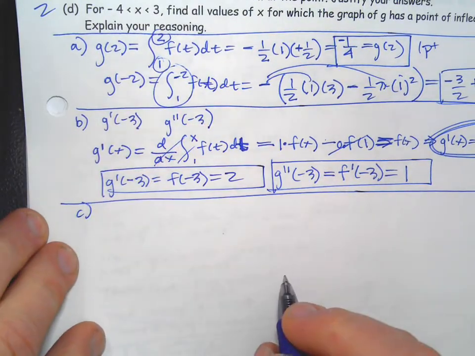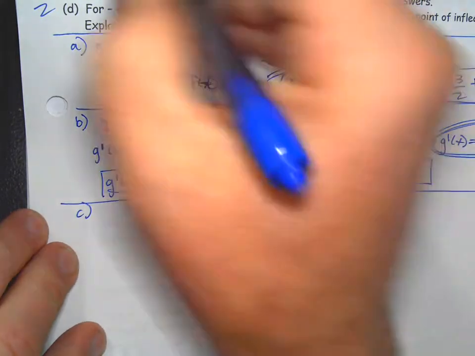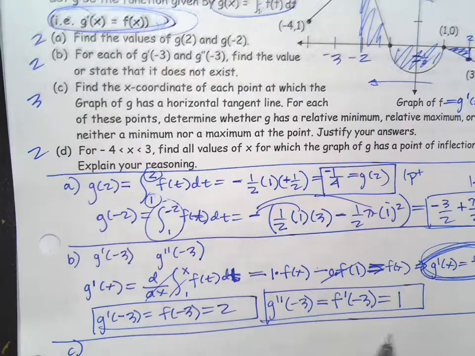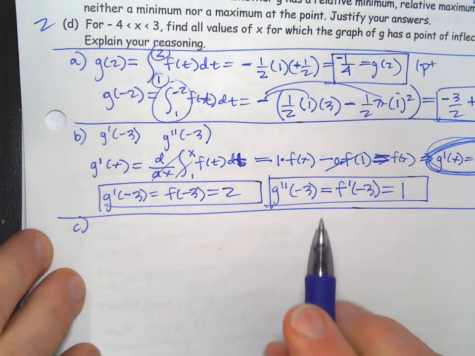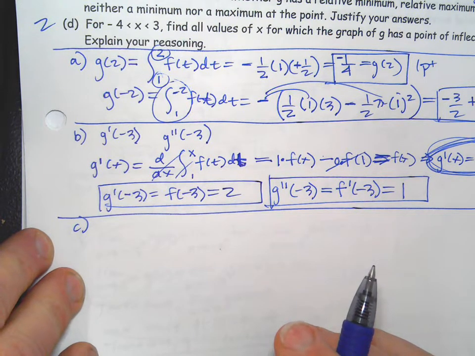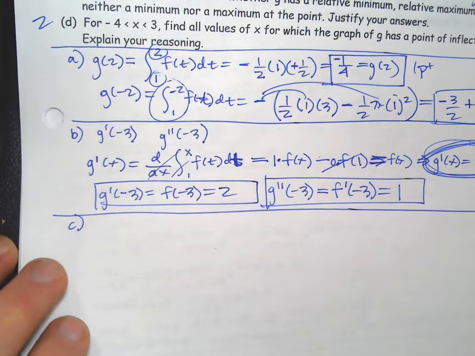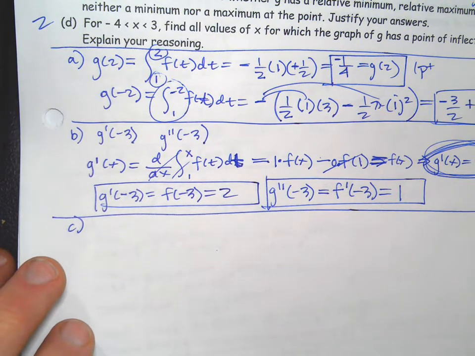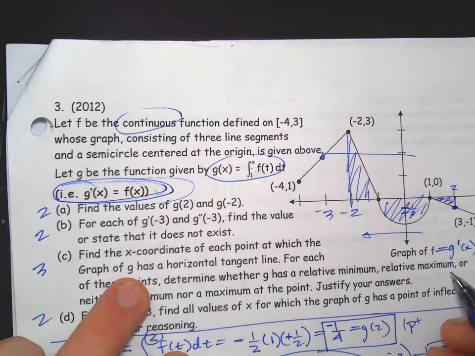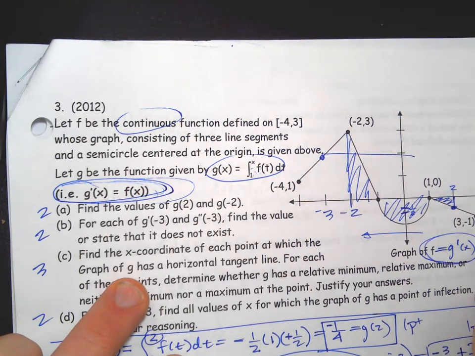Part C says, now this is where I wanted you guys to start using this fact that I just gave you, that we had to kind of figure out on our own originally. C says, find the x-coordinate of each point at which the graph of g has a horizontal tangent line. For each of these points, determine whether g has a relative minimum, relative maximum, or neither a minimum nor maximum at these points. Justify your answers. So they're saying, find the x-coordinate where it has a horizontal tangent. That'd be a flat, well, the graph of g. Since this is the graph of g prime,